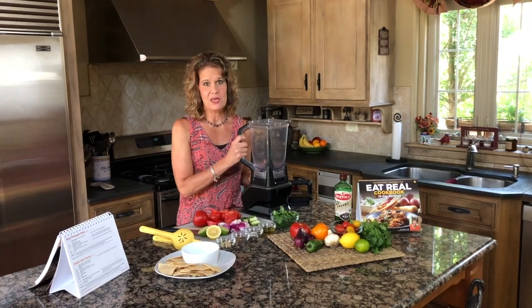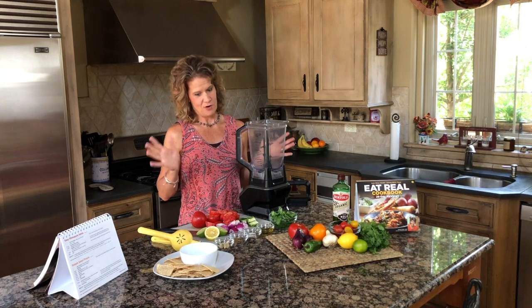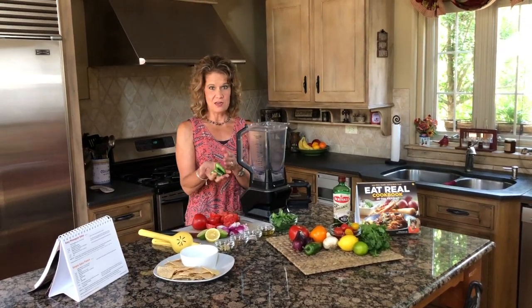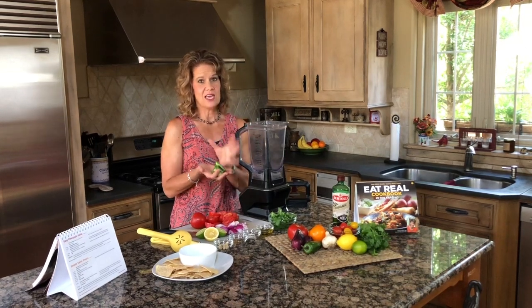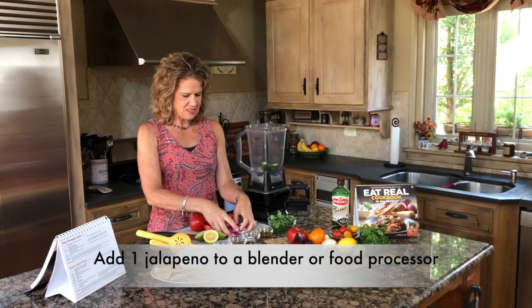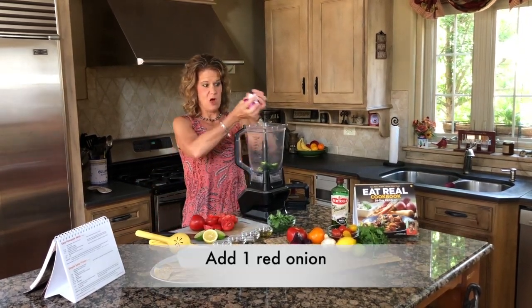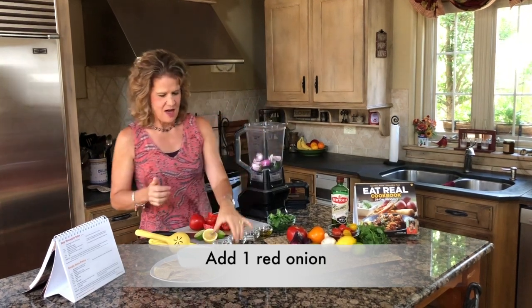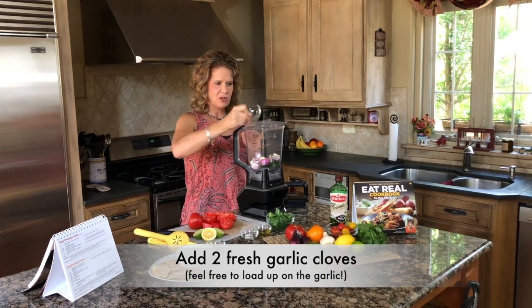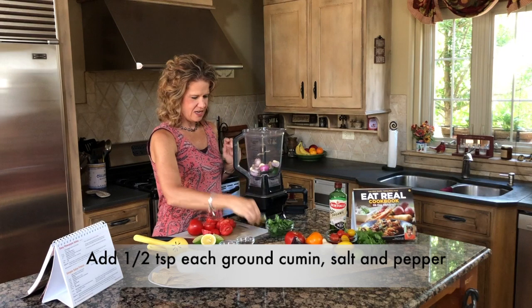So we're gonna mix it up in the Ninja. You could of course use a food processor, but I'm gonna use the Ninja because I use that for everything. So all I've done is taken a jalapeno, cut it into large chunks. Now I went ahead and kept the seeds in there because we like it to have a little bit of a kick. And then this is the equivalent of 1 red onion. This is actually about 4 small red onions from the farmer's market. And then a couple of fresh garlic cloves and some ground cumin and salt and pepper, and then a tablespoon